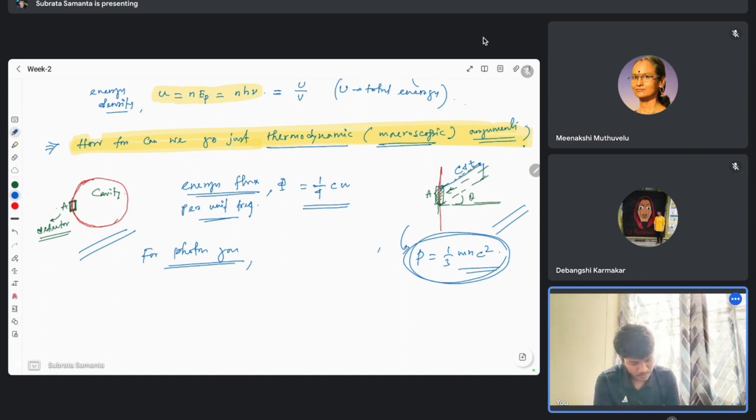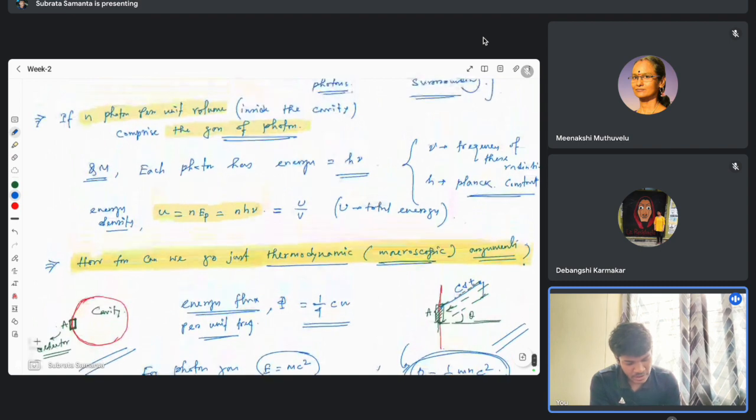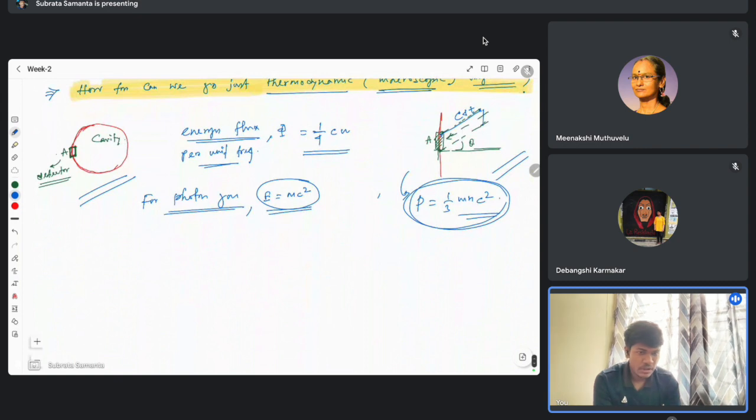So for photon gas, say that this mc square is the energy. So energy is mc square. Interpreting this mc square as the energy of the photon. Classically. In quantum mechanics, the energy of the photon is h nu, but here we deal with the kinetic theory of gases. So we adopt this formula from the kinetic theory of gases. That's why we write that each photon has energy E equals mc square, and then the pressure